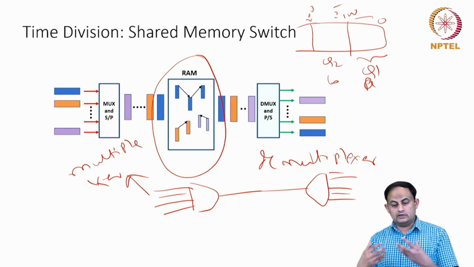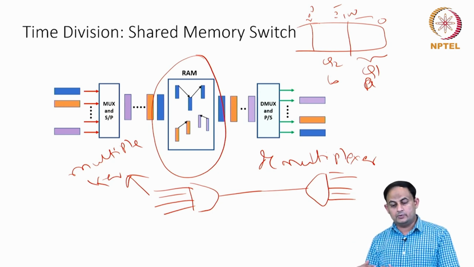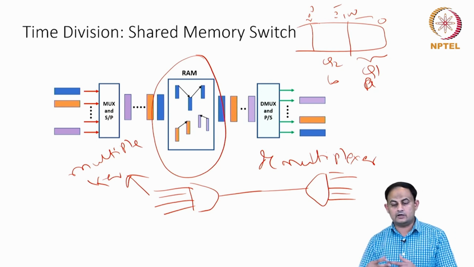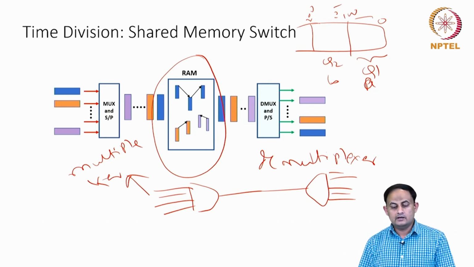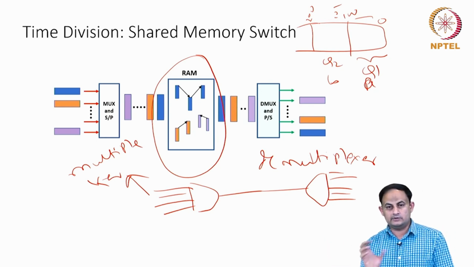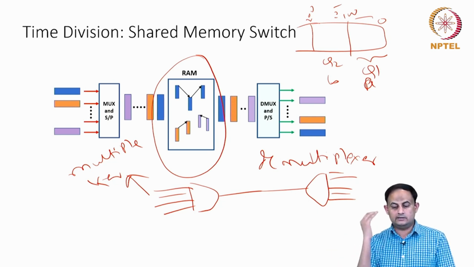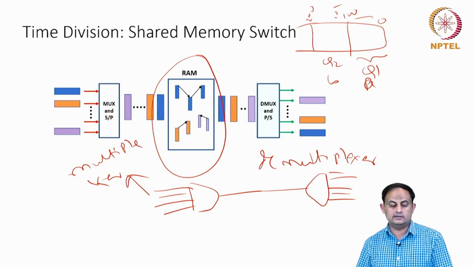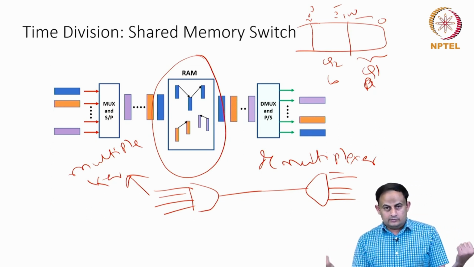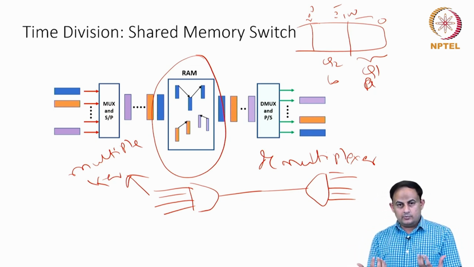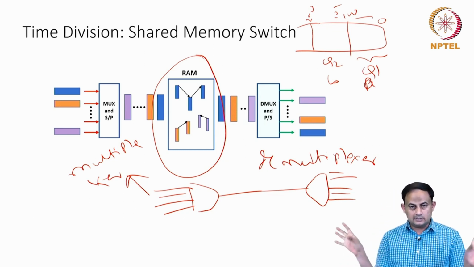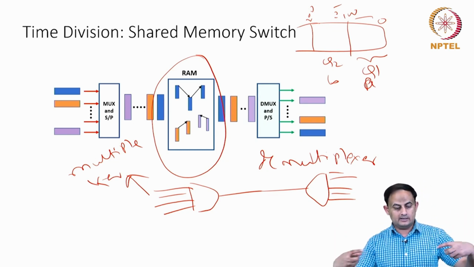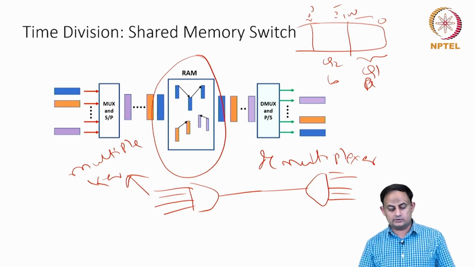So whatever queues are there for each of the output ports, they are actually organized into the same memory. If something is not occupying its space, probably you can vary the amount of space given to the other queue and then logically adjust where exactly Q1 starts and ends, where exactly Q2 starts and ends. So the point is, there are two components, one is the multiplexer and another one is the demultiplexer. They are sitting at the two end points of the switch fabric, and inside this, the link whatever is shown here,